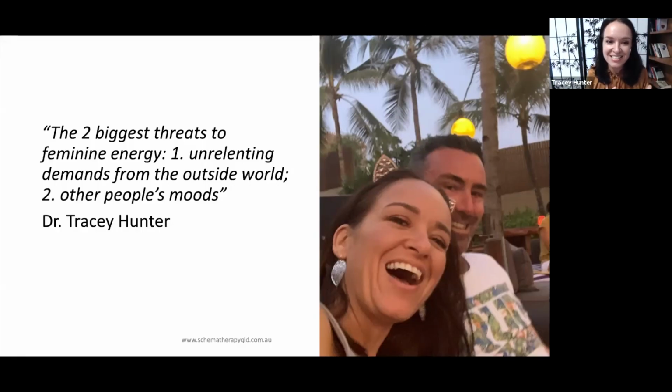So I'm very sensitive to other people's negative moods because that's my own schema. My schema is subjugation. I feel like I have to be very conscious of making sure that other people around me are happy, and feeling responsible for other people's happiness, and feeling guilty if I'm happy and someone else is stressed. I used to take on this idea that, well, then it's my job to fix their negative mood, because I can't have me being happy and them not being happy. There's something wrong with that picture.